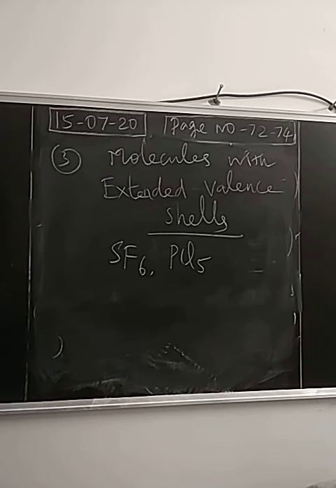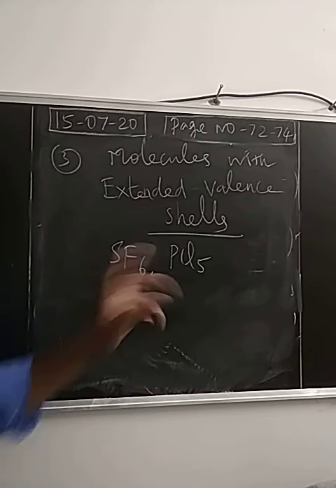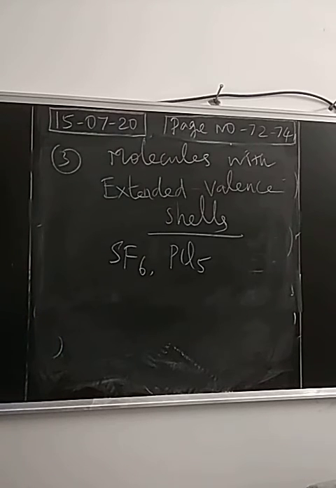What about the first case? Molecules with an electron deficient central atom. Boron has only 6 electrons, right? The number of electrons is less than 8. But in this case, for the central atom, sulfur and phosphorus, the number of electrons will be more than 8. How do they have more electrons? The electrons will occupy the empty d orbital, right? First, which orbital will be filled? The s orbital, then the p orbital, then the d orbital will be filled. So the excess electrons will fill the empty d orbital so that the valence shell is extending.